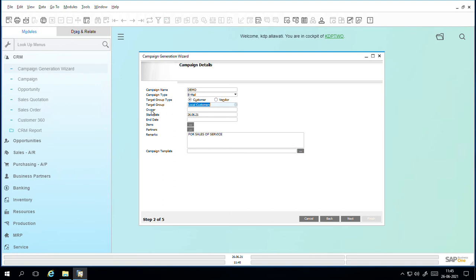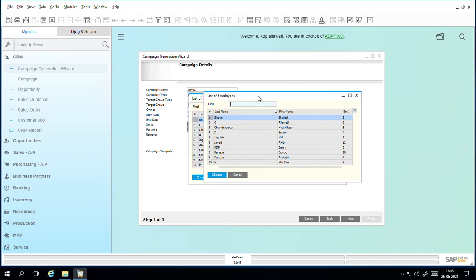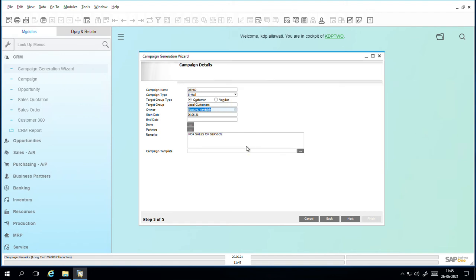So, and the fifth option will be owner. So I have to define an owner of that particular campaign. Means who is creating campaign or who is responsible for this campaign. So I will select one employee, that is as per our employee master list. Then the sixth option will be start date. On what date I'm going to create this particular campaign, that is automatically the date which we create the campaign will be as start date,